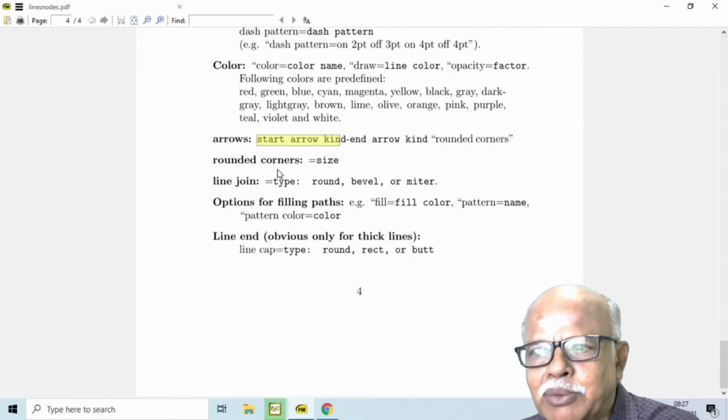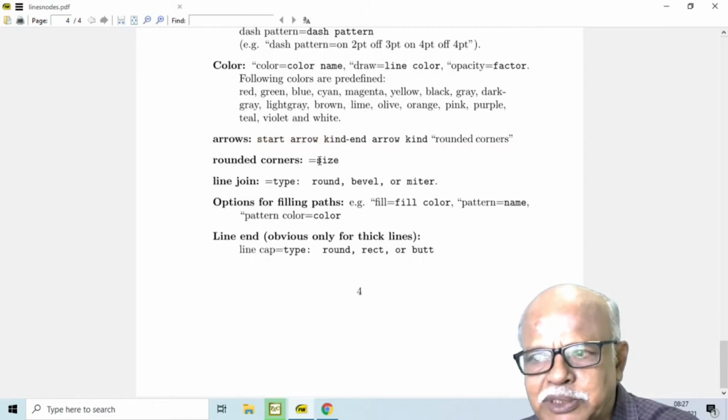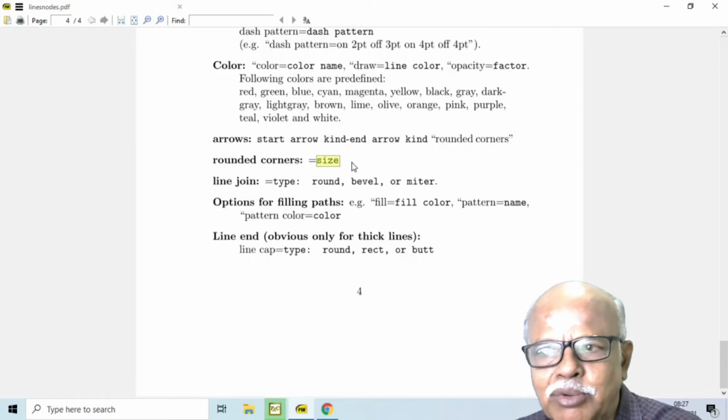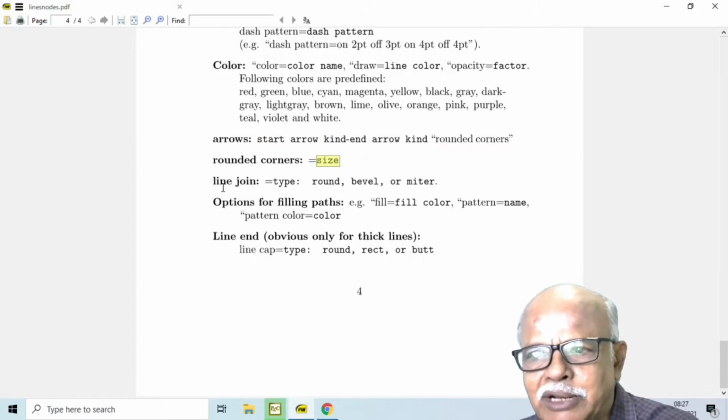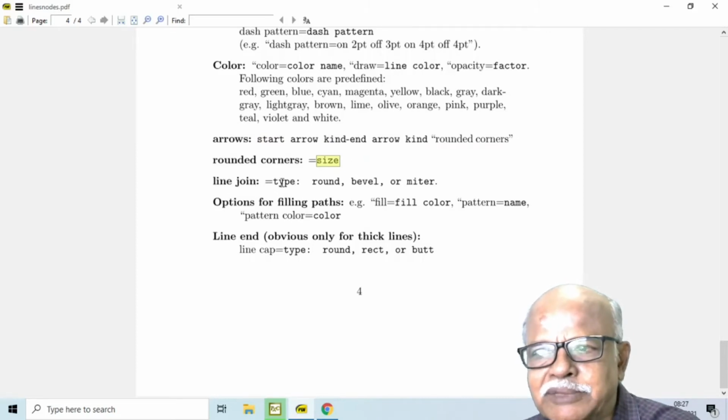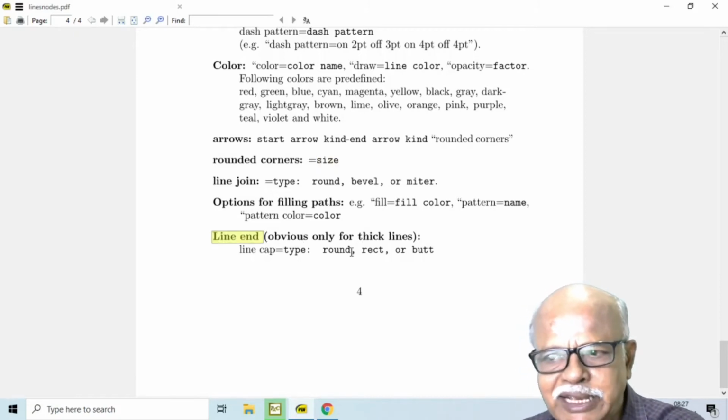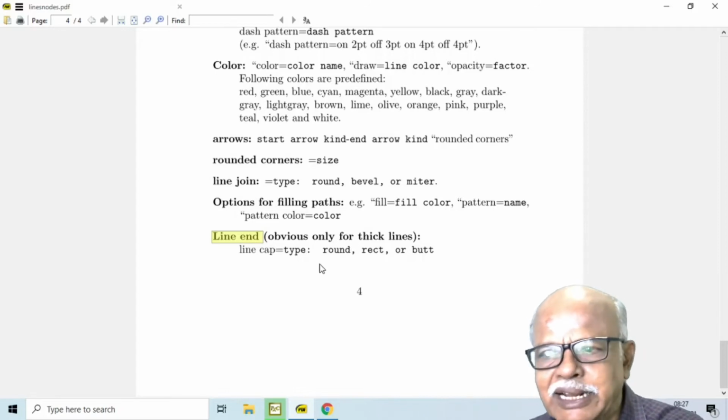You can have rounded corners. You can specify the size of those rounded corners. You can also have line join, whether it is round or bevel or miter. There are options for filling the paths, fill color, pattern, etc. And you can specify line ending, and this will be obvious only for very thick lines, not for very thin lines.